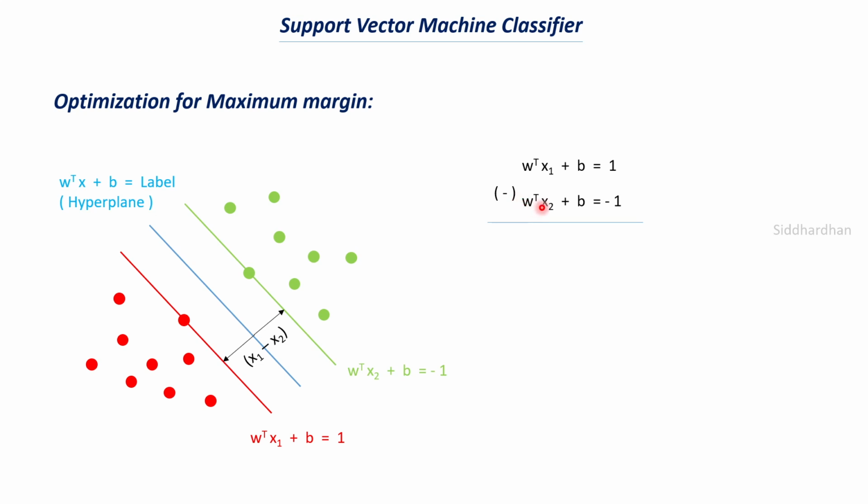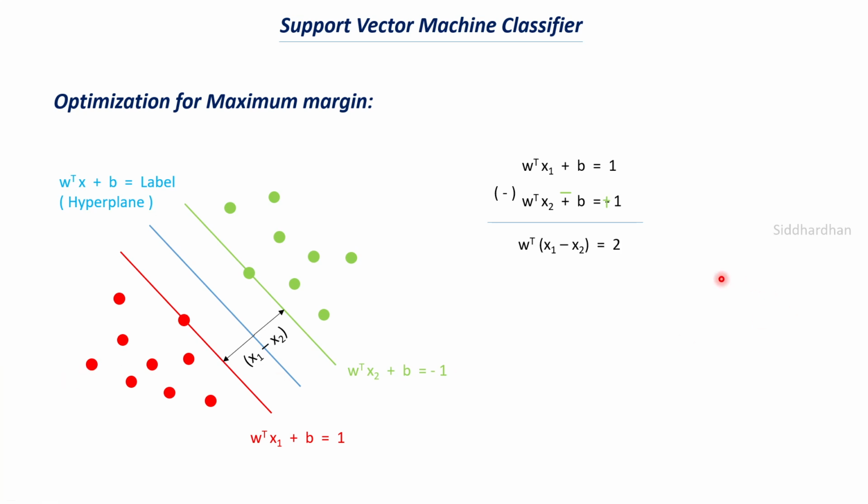So this w transpose x2 will take a negative value, this b will also take a negative value, and this -1, so this minus and this minus will get multiplied, it will be a positive, right? So what happens is, there will be a negative value here, and a negative value here as well, and this negative will be turned to a positive, right? Because we are just multiplying it with a negative value. Now if you do that,